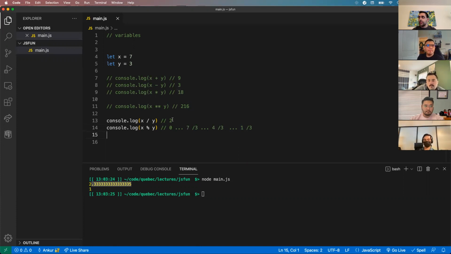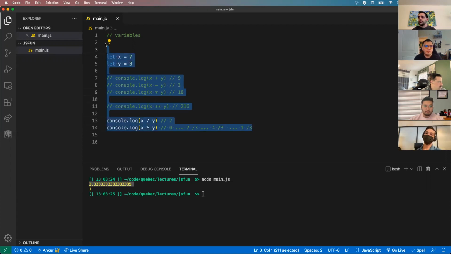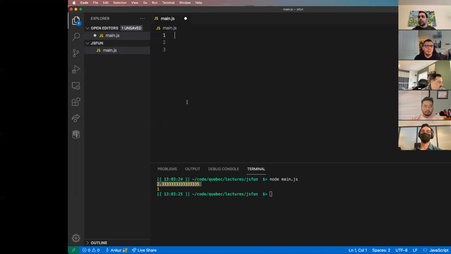Also, something to mention, other languages approach this in a different way. Sometimes when you divide an integer by another integer, you might actually just get 2. 7 divided by 3 in other coding languages will give you an integer value of 2. I think this might go back to the comment that maybe all numbers in JavaScript are floating point numbers. That would make sense because that's why we get a floating point number back. But just know that other languages might handle this differently. So be wary of that if you're coding in something else. Okay, so those were arithmetic